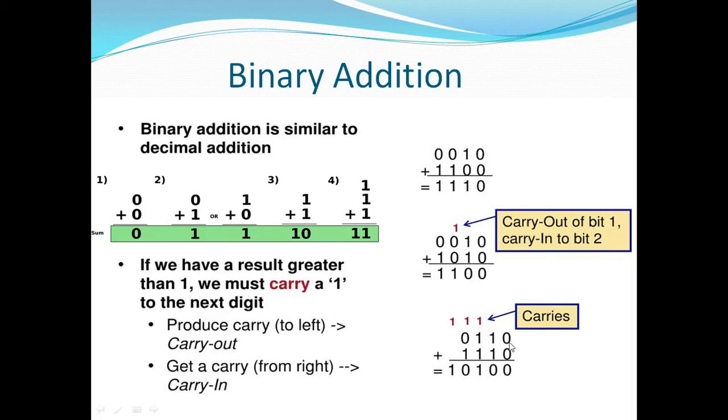Now let's see another example. 1 plus 1, what we'll do? We'll keep the 0 and carry the 1. So 0 here and carry is 1. Now three ones we are adding. When we add 3 ones, the answer is 1 1, so we'll keep this 1 and carry this 1 to the next term. Now we have 1 plus 1. The sum is 0 and the carry goes here. And now we'll keep the carry simply here. This is the required answer.